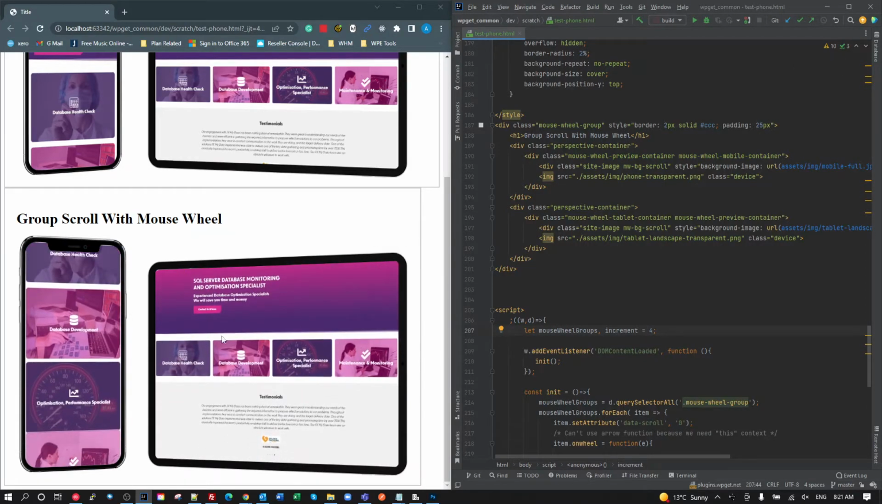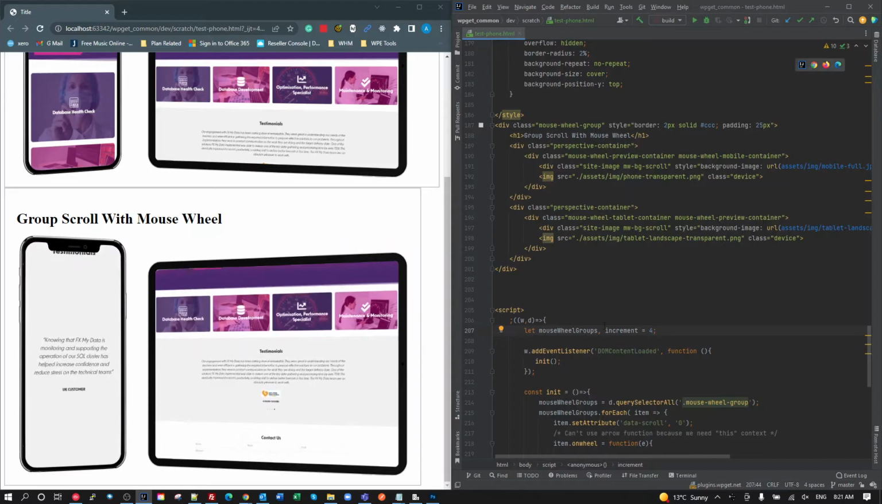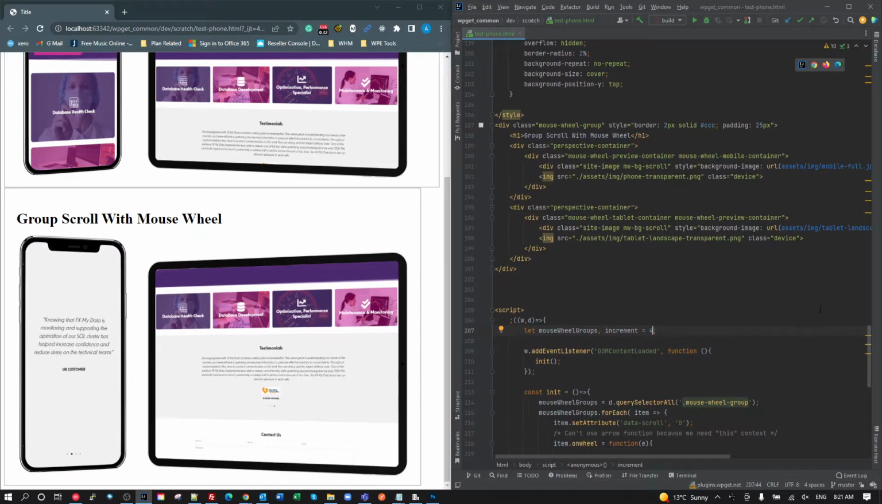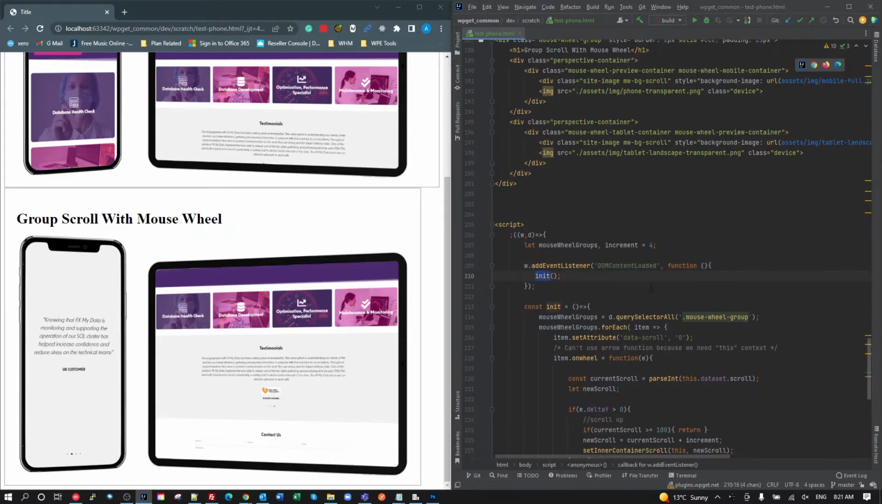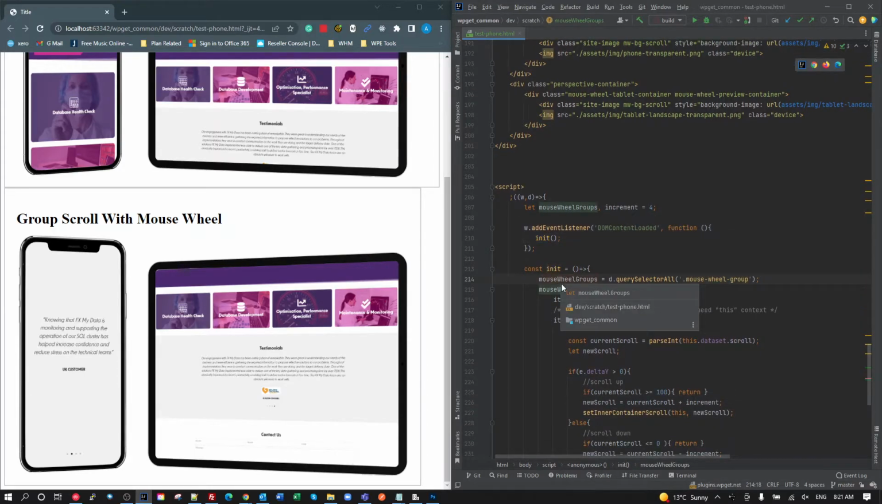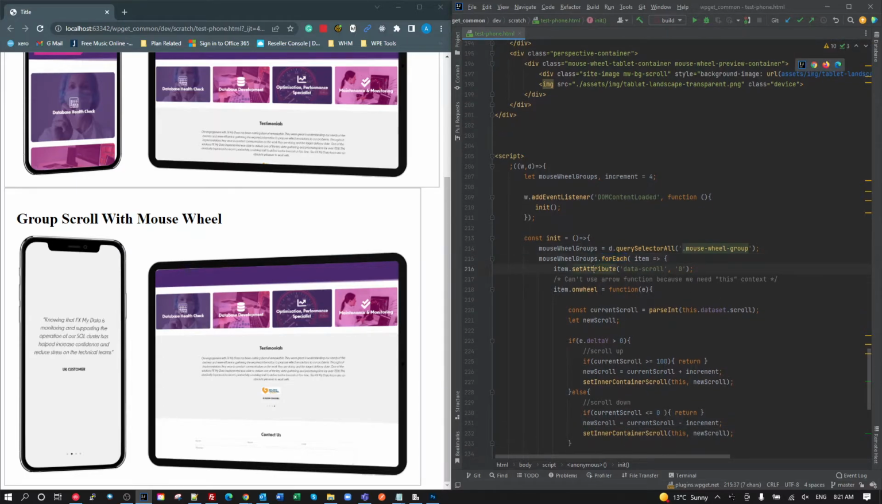So if I'm scrolling here, okay, so that's basically 2 variables. We're waiting for the DOM content to be loaded, and then we run our init function. Now the init function, and I'm using pure JS, I'm not using any jQuery here because we don't need to, the first thing we're doing is getting all of the mouse wheel groups. So that's every one of these containers with a pair of scrolling views. So we get all of those, we iterate through them all, and we're going to set the attribute of